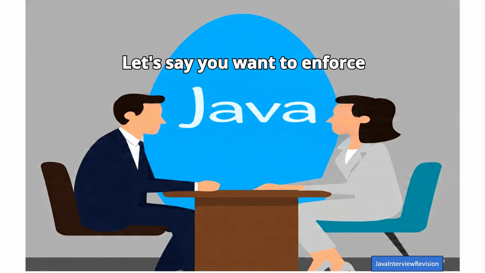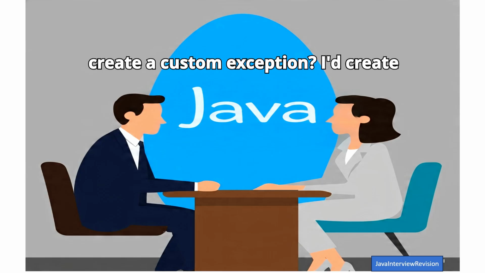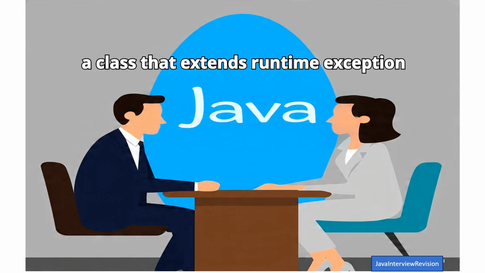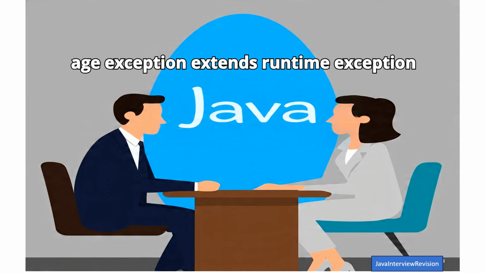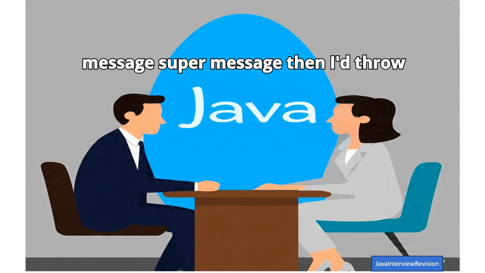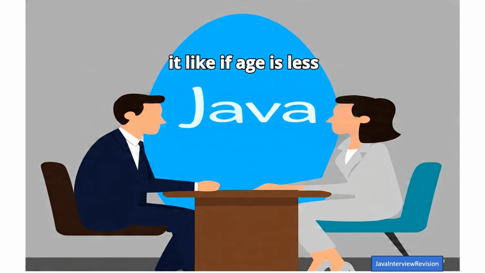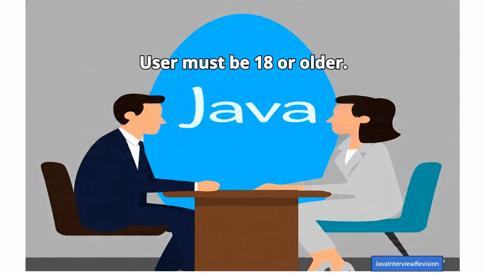Let's say you want to enforce a business rule, like age must be over 18. How would you create a custom exception? I'd create a class that extends RuntimeException or Exception. For example, class InvalidAgeException extends RuntimeException, public InvalidAgeException(String message) { super(message); }. Then I'd throw it like, if age is less than 18, throw new InvalidAgeException("User must be 18 or